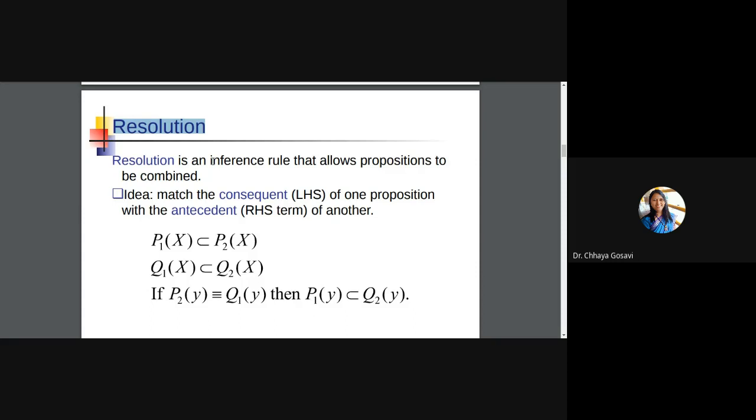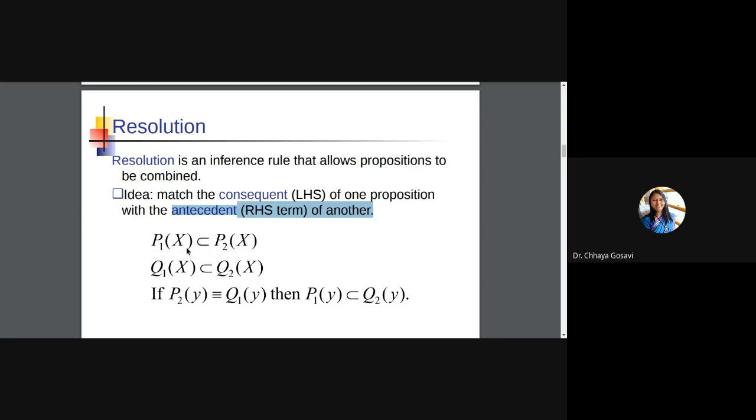So resolution is an inference rule, a matching rule, that allows propositions to be combined. How we can combine different propositions together to create a rule is called resolution. The idea is to match the consequent, that is the LHS of one proposition, with the antecedent, that is the RHS of another. So by combining two rules, we can create a new rule.